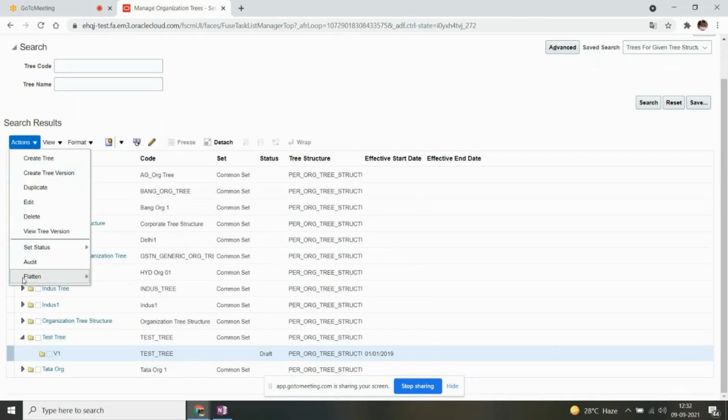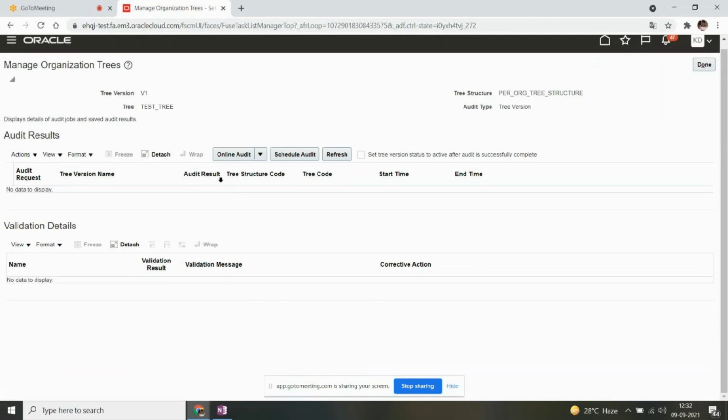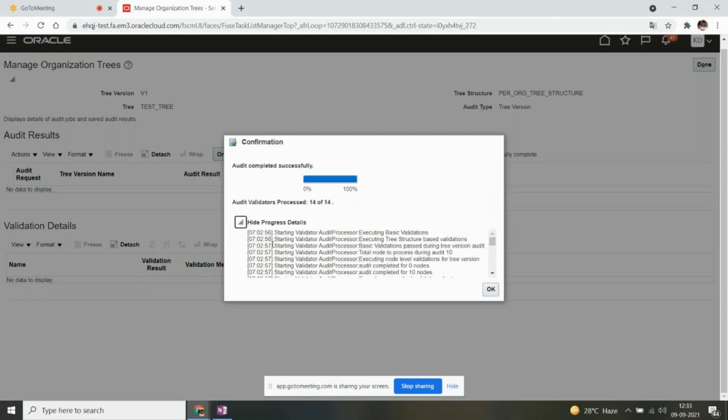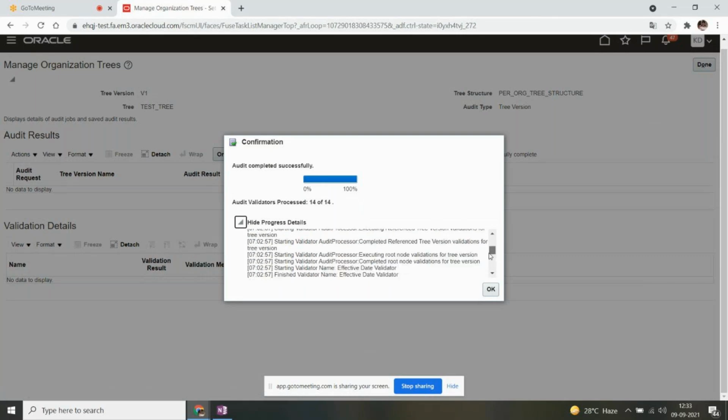Okay, so we are done with the flattening. Then you have to audit the tree version. In the audit, it will check whether everything is perfect within the nodes. So it will validate it. If we have any issues within our tree structure, then you will get errors within the confirmation section itself.